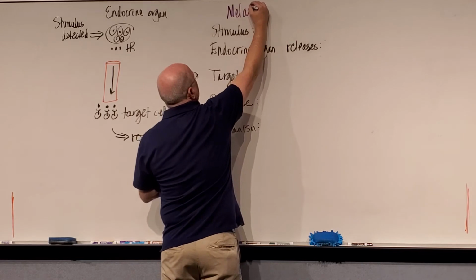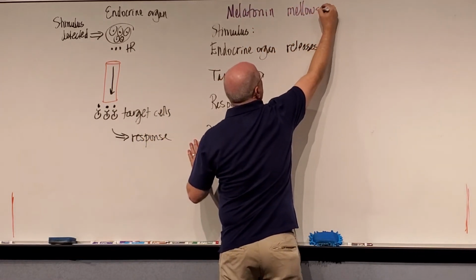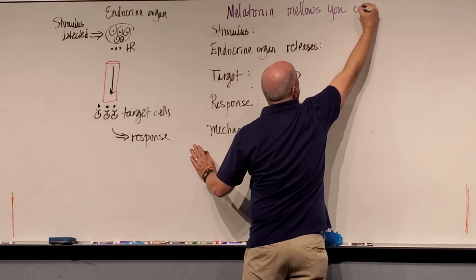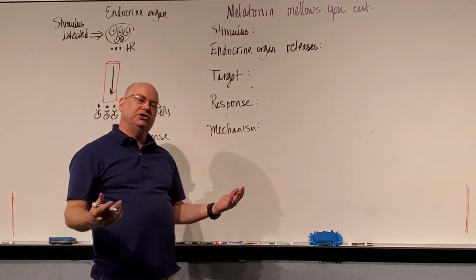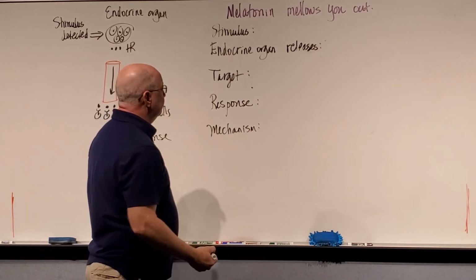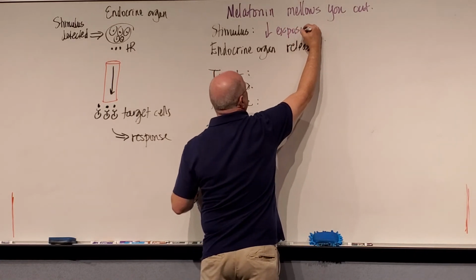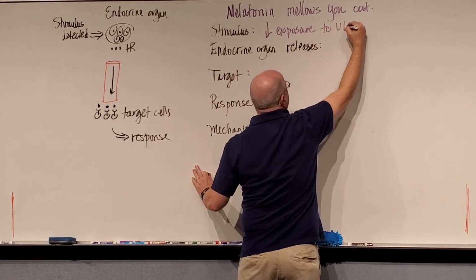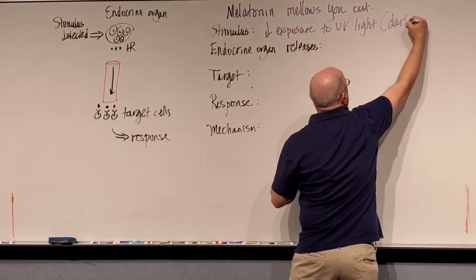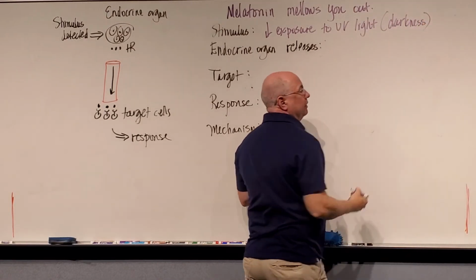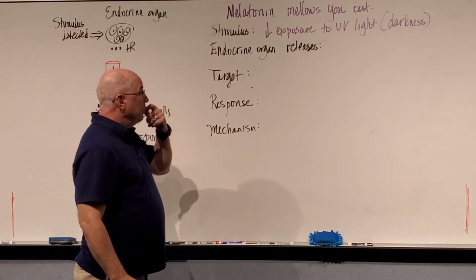And again, I like these funny little sentences. Melatonin mellows you out. Melatonin is the sleep hormone. It makes you all chill so that you fall asleep. The stimulus is a decreased exposure to UV light. Darkness. If you're in a dark room, or you close your eyes and put a mask on, when there's less